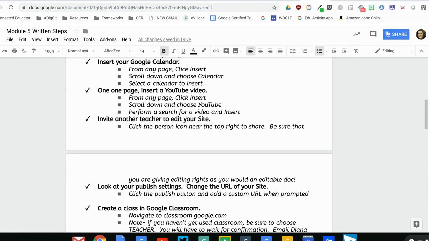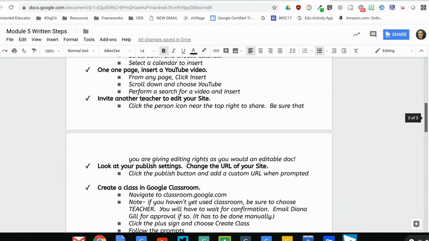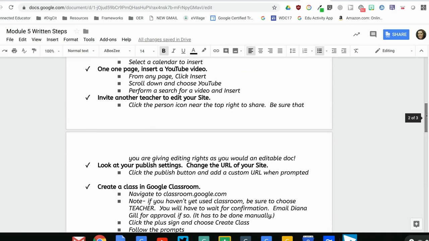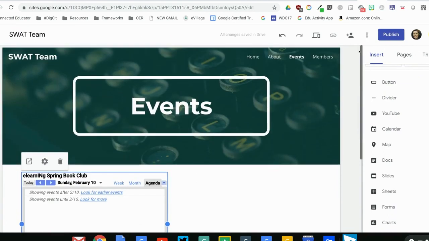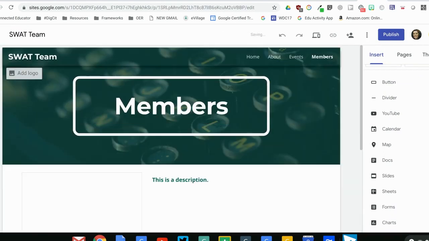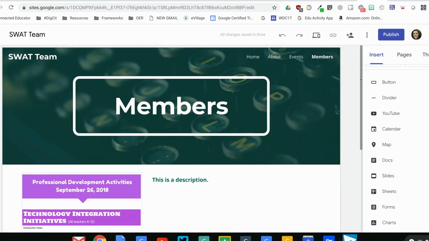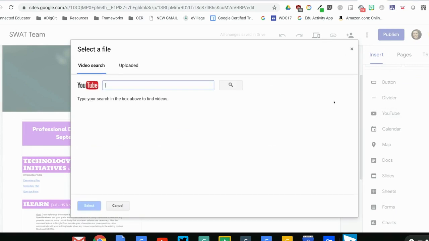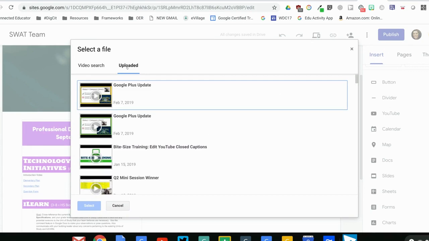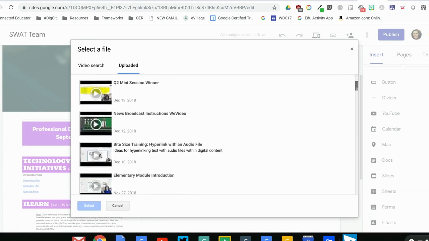The next thing I'm going to do is insert a YouTube video. So I'm going to come back here, and I'll pick a different page here. And I'm going to go to insert. I'll have to scroll down, click YouTube. And I can either perform a YouTube search right here, or I can click uploaded, and things that I've uploaded to my channel will be here